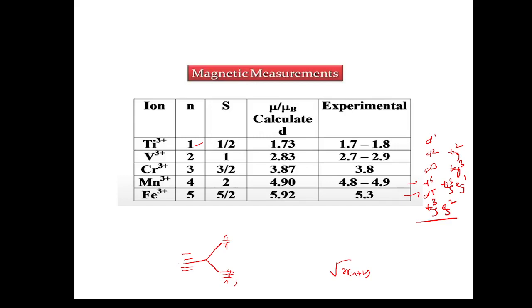But experimentally, what is the observed magnetic moment? It is not exactly what we are getting, but it will be somewhat there, 1.7 to 1.8. Those contributions I will discuss in a little more detail, from where they are coming. Okay. So next thing, the professor immediately started from what is diamagnetic, paramagnetic,